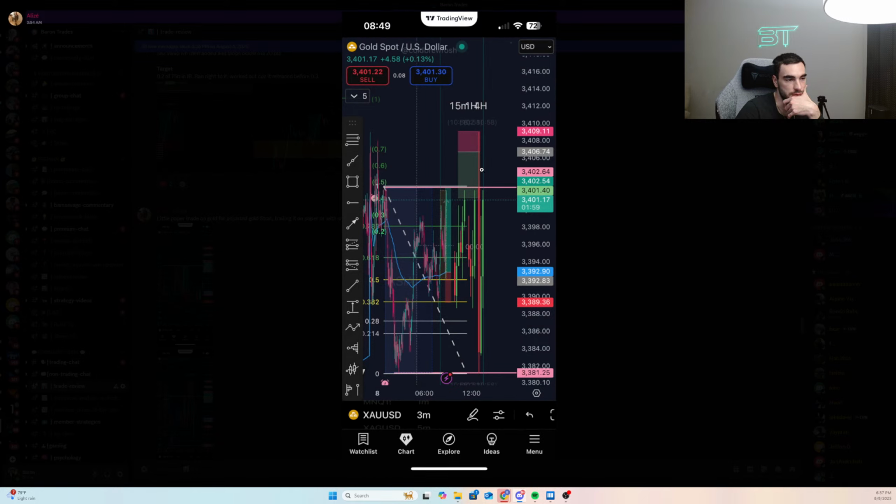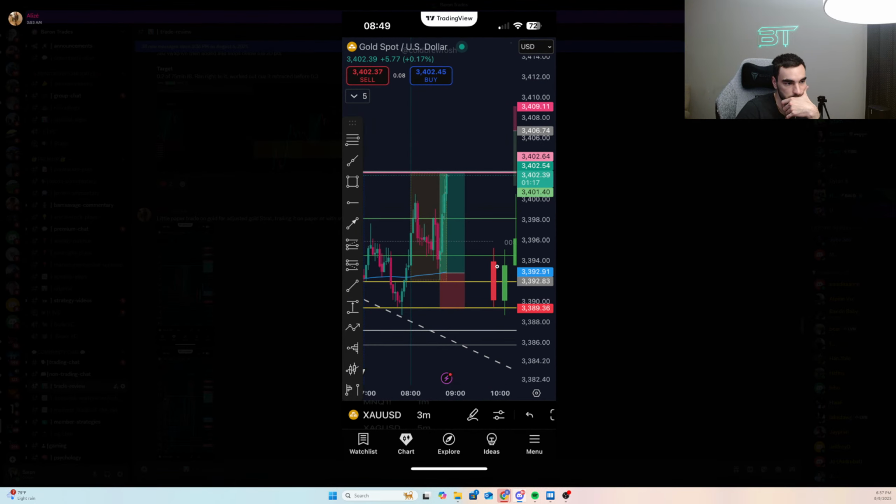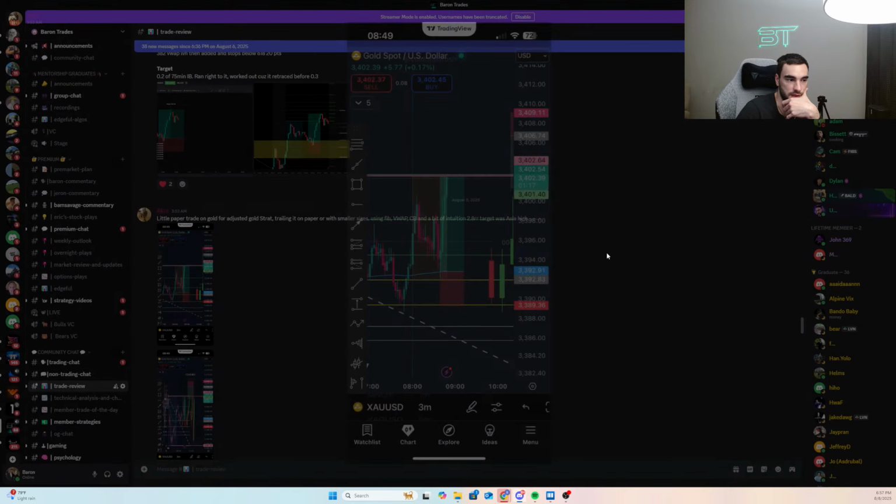On that. And then do we take a short as well? Both of these look clean. I mean, this one looks really clean. I like this first one. 10 points. As this starts to rally away from your entry, just tighten the stop up. And then you can trail off the 5 minutes if they're strong enough.